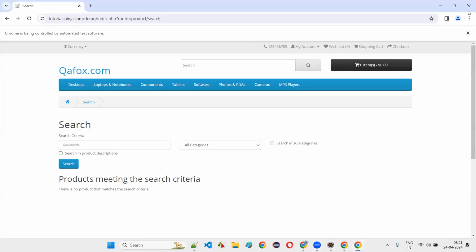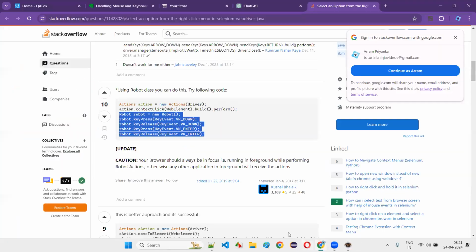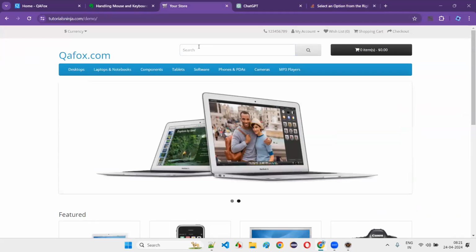We are able to try, but Robot is not recommended. Only when you don't have any other option left, you have to go for Robot, guys. Just make that clear. Okay, so what I will do here is